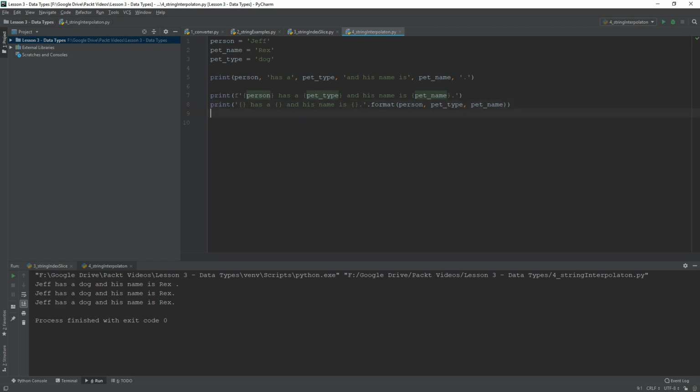And finally, this is what I would call the Python 2 style, but it works in Python 3 as well. So this is where you have to specify with percentage %s that you're dealing with a string, has a percentage %s, so that's another string, and his name is, and that's, again,